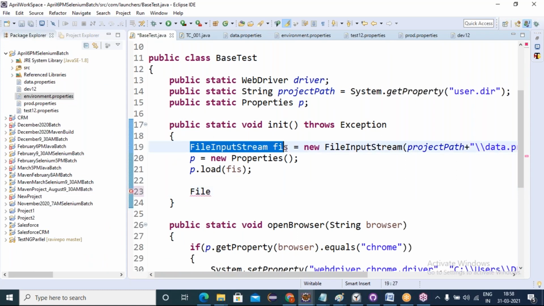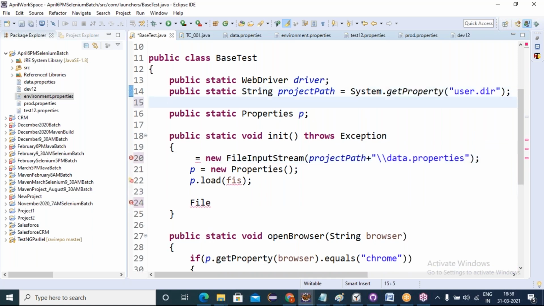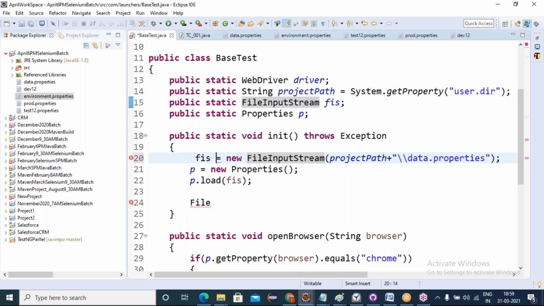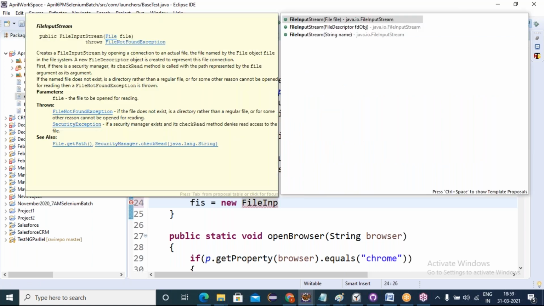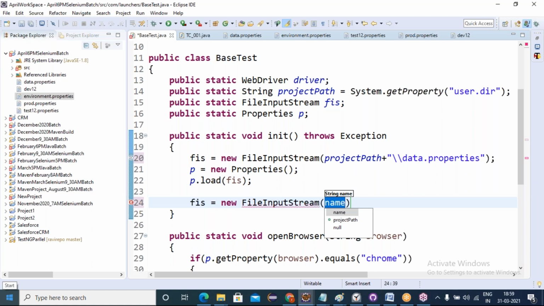I will do one thing: I will declare this FileInputStream outside. So FIS equals new FileInputStream, and here I must give the file name. Which file must I initiate? Environment.properties.